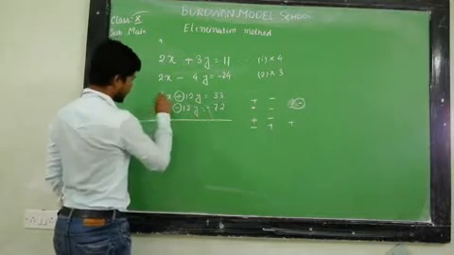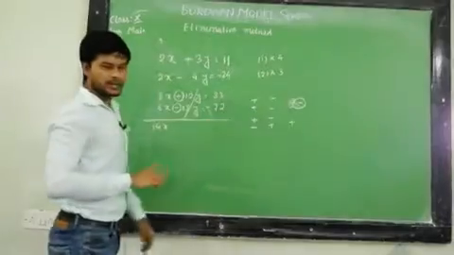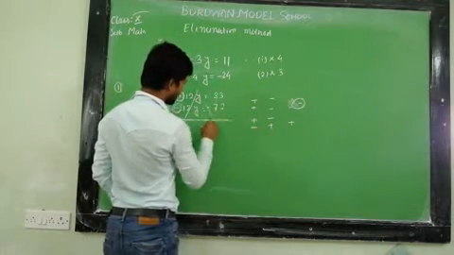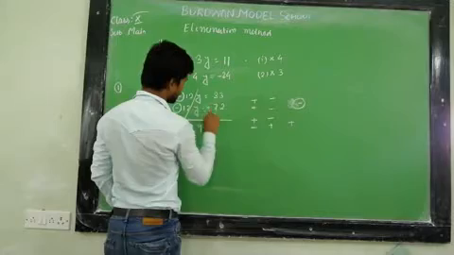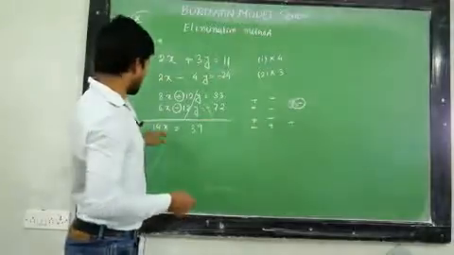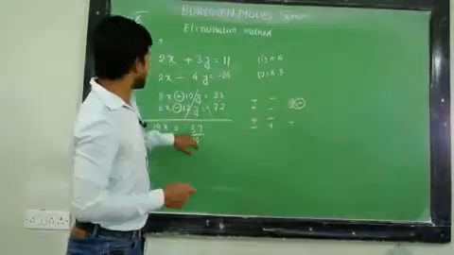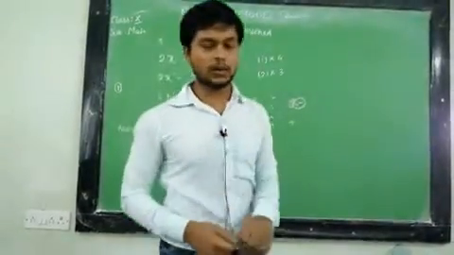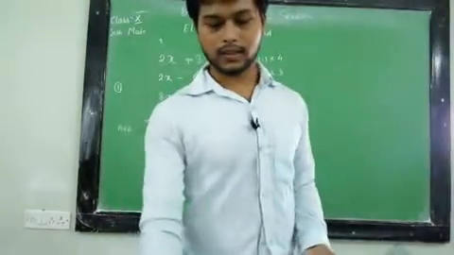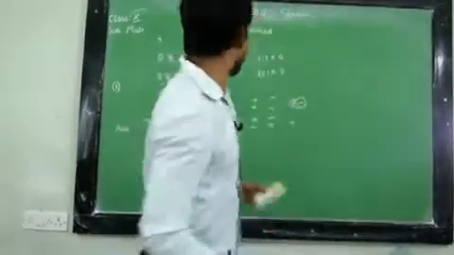So adding, we have 8 plus 6, that is 14x, and plus 12y and minus 12y cancel each other, and that is equal to 44 minus 72, that is minus 28. Okay, and now you can calculate the value of x. Whenever x is known, you can put it in equation number 1 or equation number 2 to get the value of the other variable y. Clear? Okay, so we choose a few problems and we'll solve them by the elimination method.